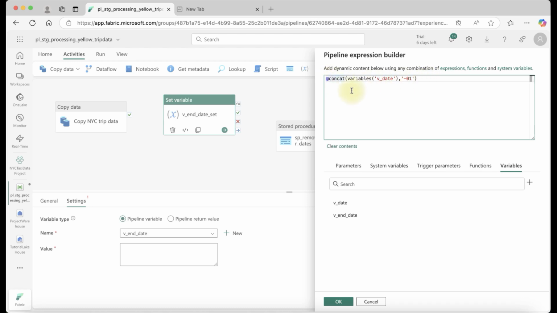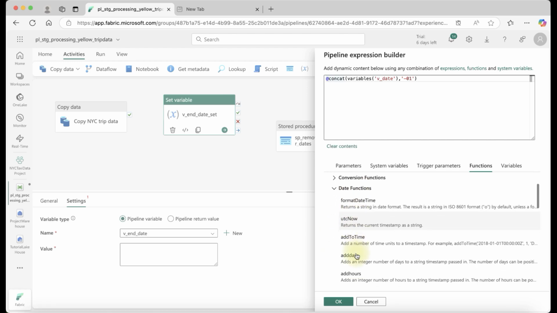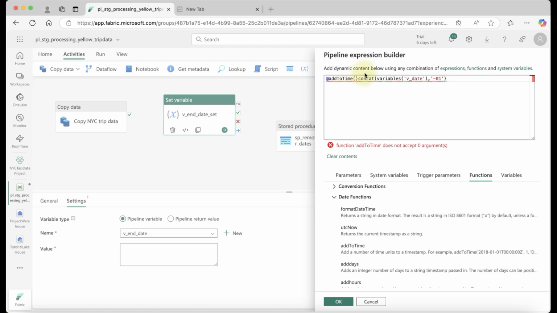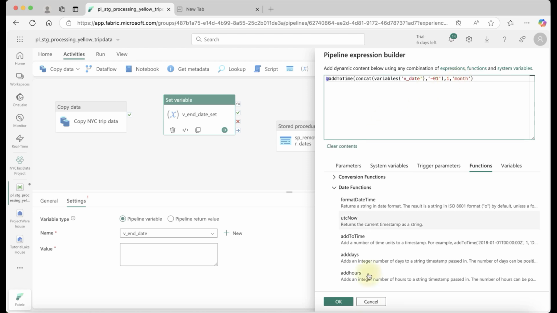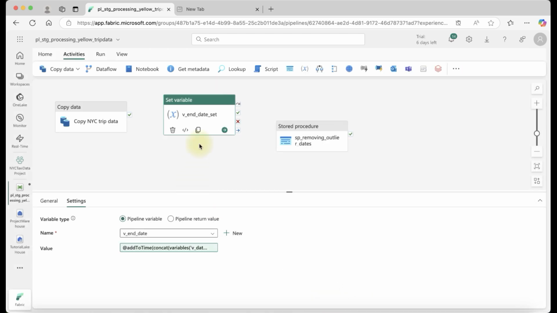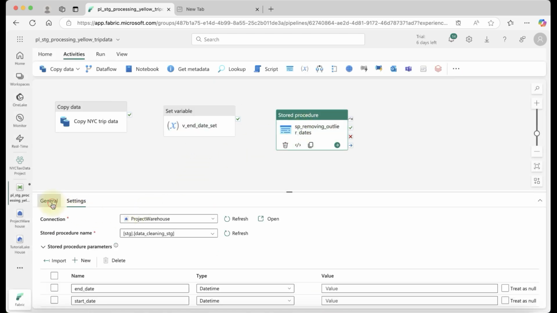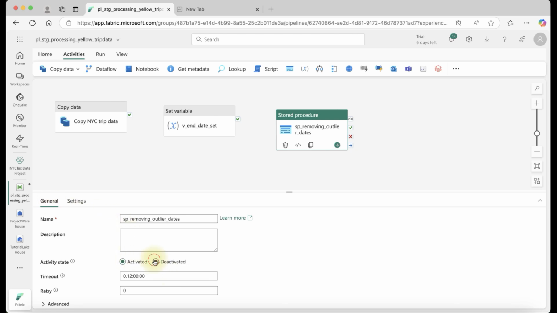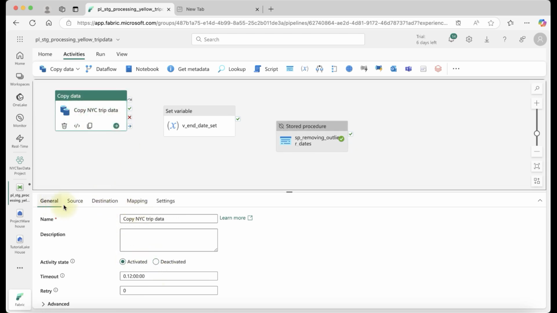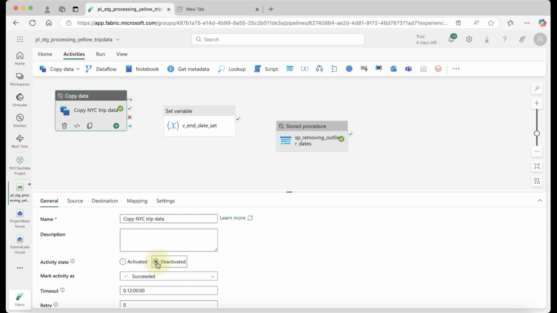I want to add one month, so if I go to the date functions, I want to add to the datetime, one month. This is the formula. Click OK, and first let's deactivate the other activity for verification, and run